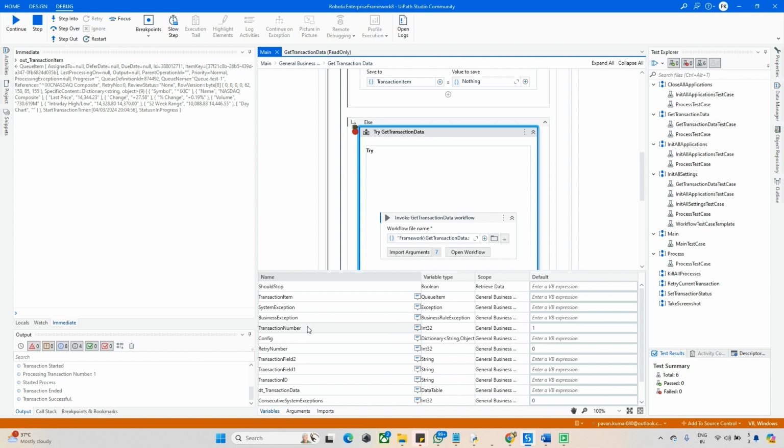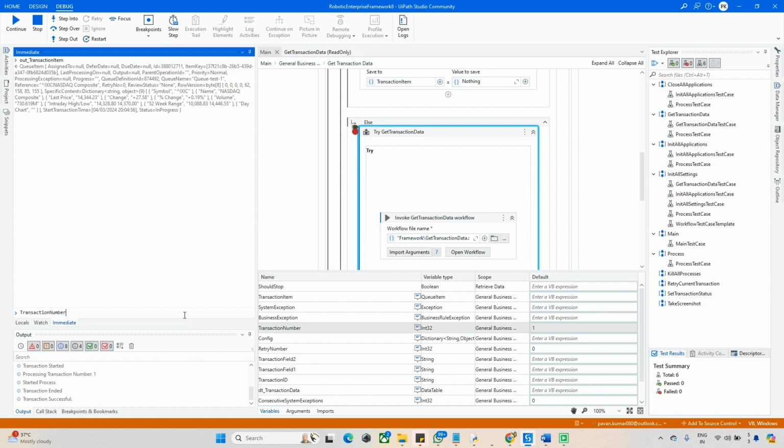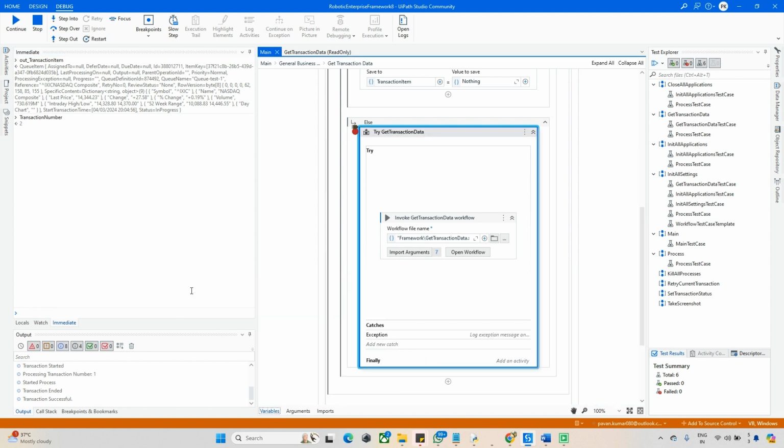If I want to check the counter right now, I just go to Variables, and you can see one variable called transaction number. Copy and paste it into the Immediate window and hit enter. You can see now the transaction number is 2, whereas previously it was 1. Now I will run until 3. The second transaction also completed successfully, and now this is transaction number 3. So right now it ran only for 2 cases,